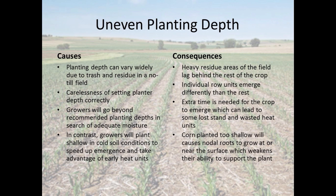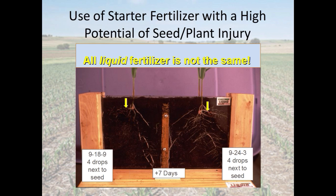Also, in drier areas, I've seen growers go beyond the recommended planting depths in search of moisture. I know that sometimes that becomes a necessary evil, but if we can try to avoid that in some of our drier climates, that's definitely something to strive for. And then by contrast, growers will go shallow in some colder soil situations to try to speed up that emergence,